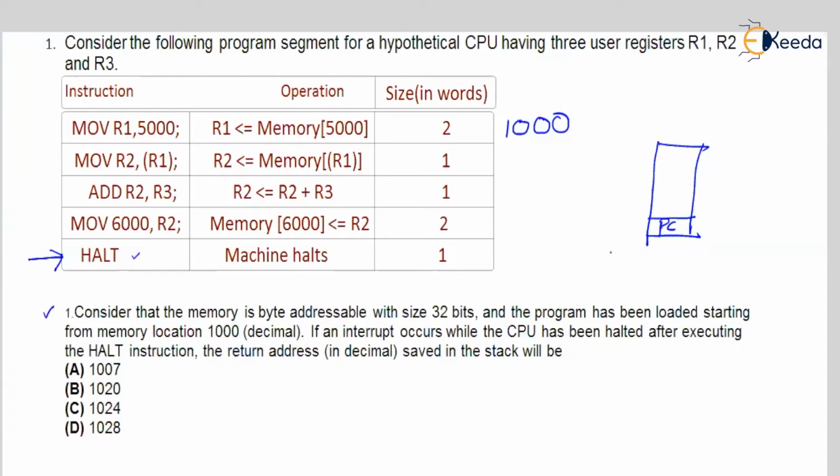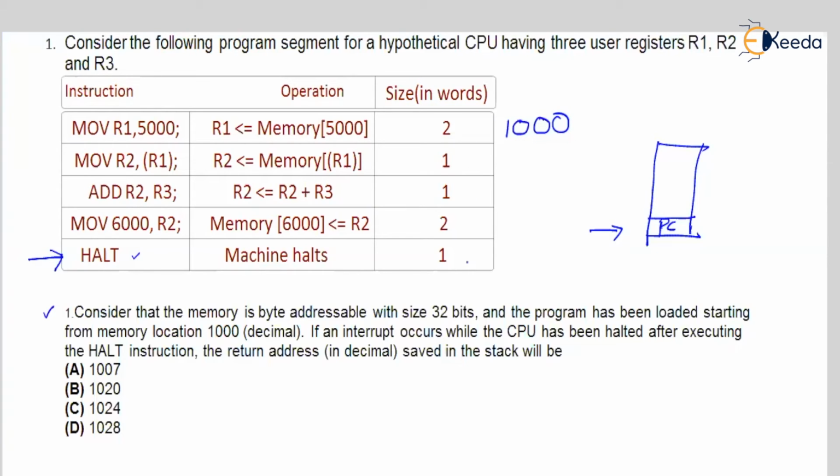service routine. Now here in this case, the halt instruction is getting executed and there comes an interrupt. When an interrupt comes, the CPU should be able to save the program counter value into the stack. The question is, what is the program counter value pushed into the stack? For that, first of all, we need to understand the offsets of each and every instruction, the address of each and every instruction. The starting address is 1000, you know already, because the program is loaded